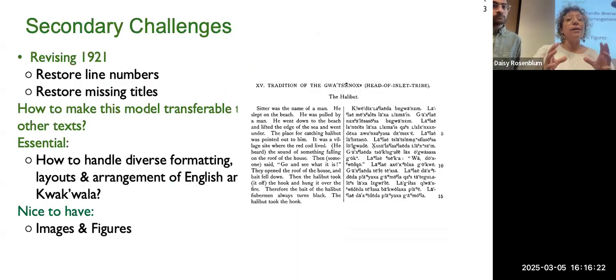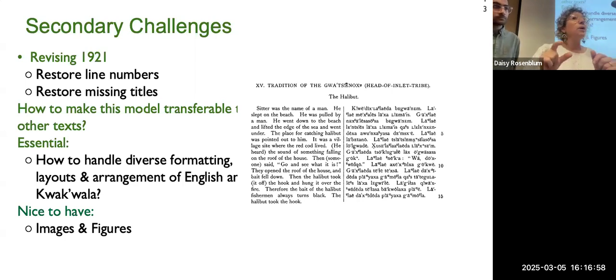We wanted to produce a new version of the book that we created, the 1921 book. The line numbers were missing, and that was driving people crazy. They're not page line numbers. They're line numbers that are tied to the text. Because Boas basically was doing analog hypertext, every number is important. Everything in the dictionary or in a grammar refers you to texts using the page and line number and the volume, identifying the volume.